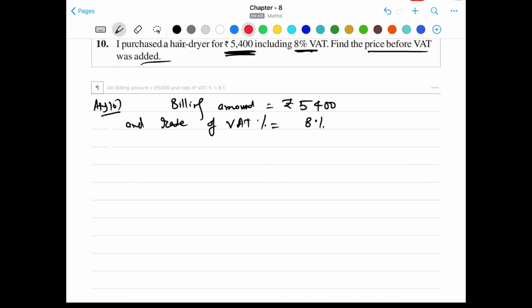Which means the marked price is 100%, and in addition to the marked price we are paying a tax of 8%. So total amount paid is